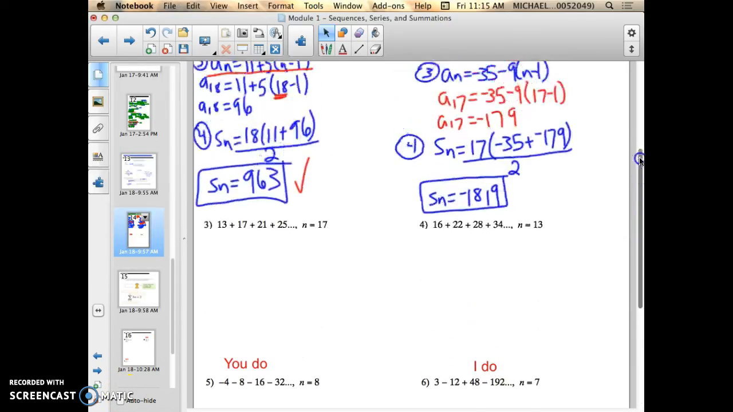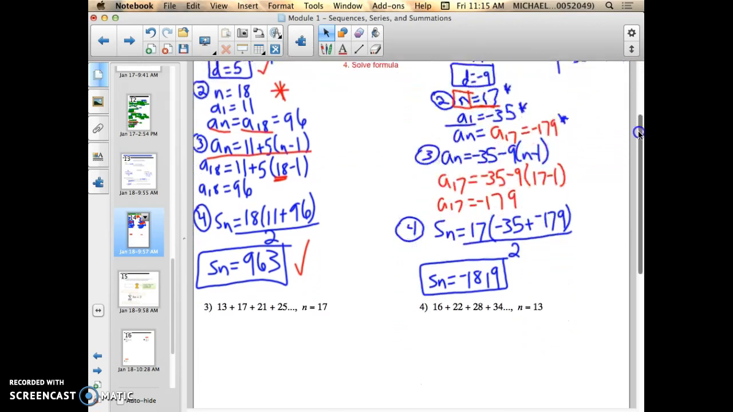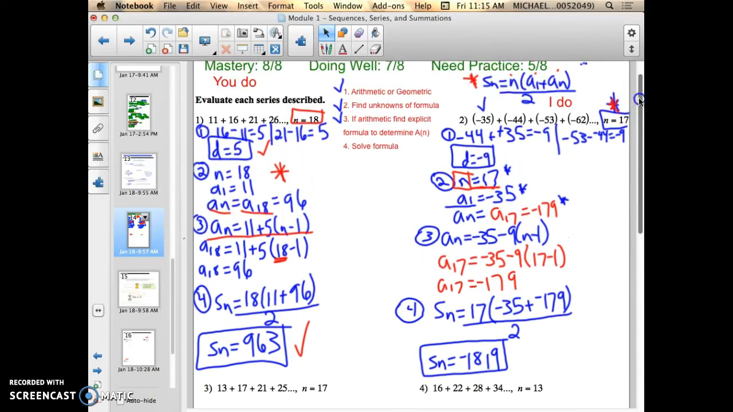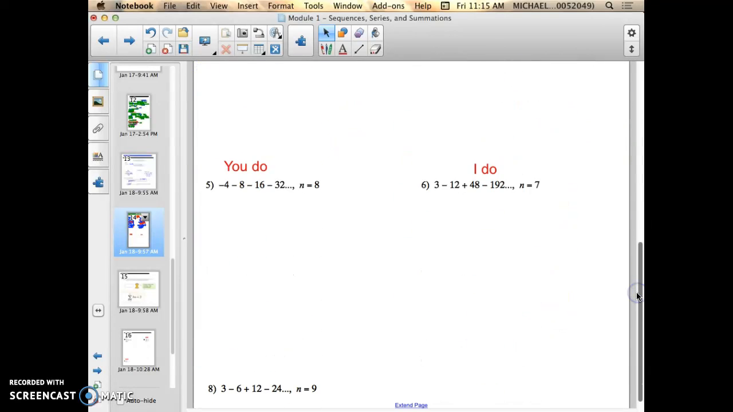In this video, I'm going to finish off Objective 2, which states to evaluate the sum of a series. In the previous video, I evaluated the sum of an arithmetic series. So now I get to show you how to find the sum of a geometric